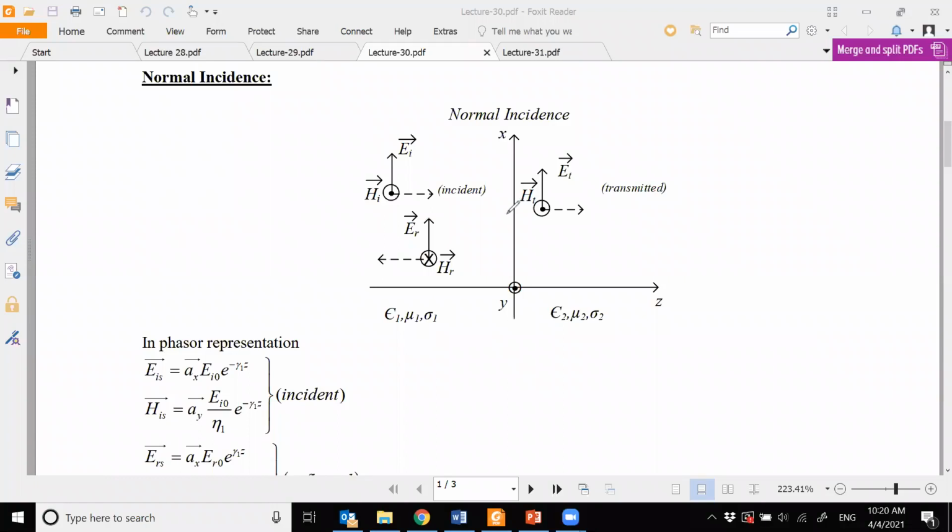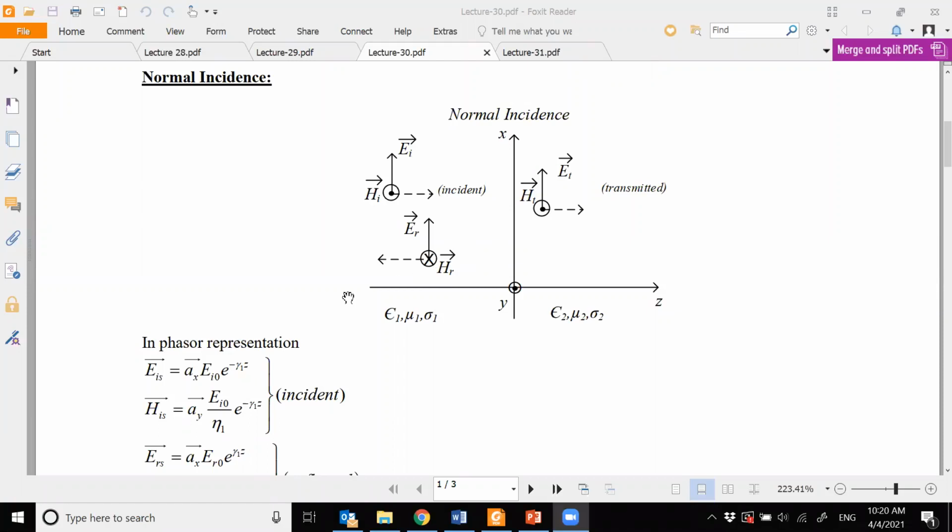Your x component is this. And therefore, your x component is nothing but your tangential component, because this is my interface. This is my boundary. So it is tangential to the boundary. That's why. And in the same way, your magnetic field vectors will also be tangential to the boundary, because